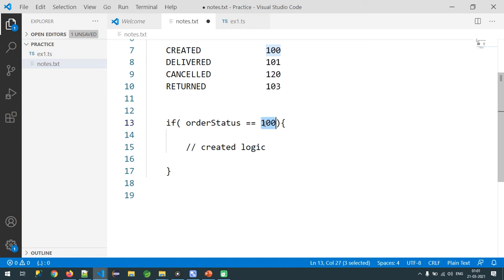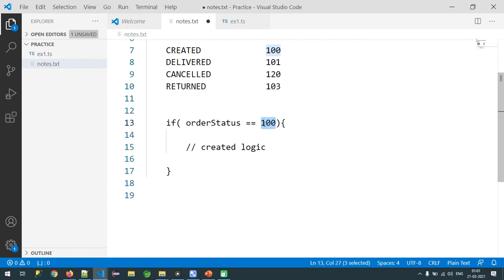Suppose the developer who developed this code left the company, and a new resource joined the company. Now tell me, as a fresher new to this project, can I know what 100 means? No, sir, there is no chance.